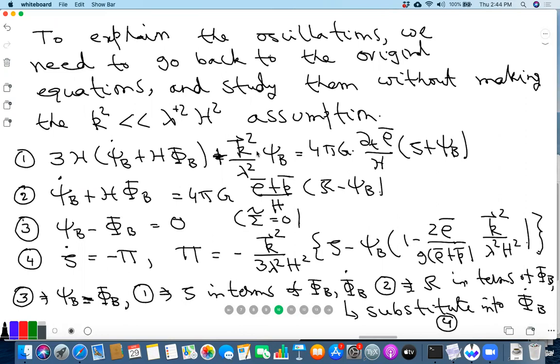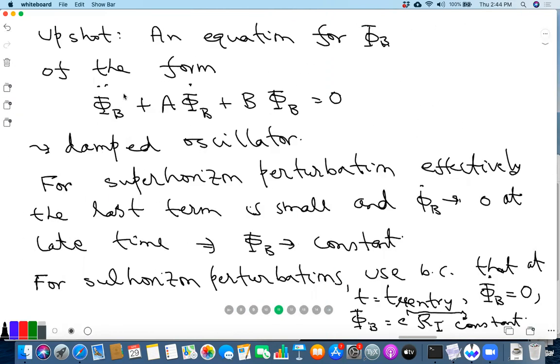If not analytically, you can always evaluate numerically, because you know how p bar and rho bar change as a function of time. So all you have to do is put that in these equations and solve them to see how phi b depends on time with this boundary condition. And that can be translated to calculate f, and you can easily see that f will oscillate as a function of k.